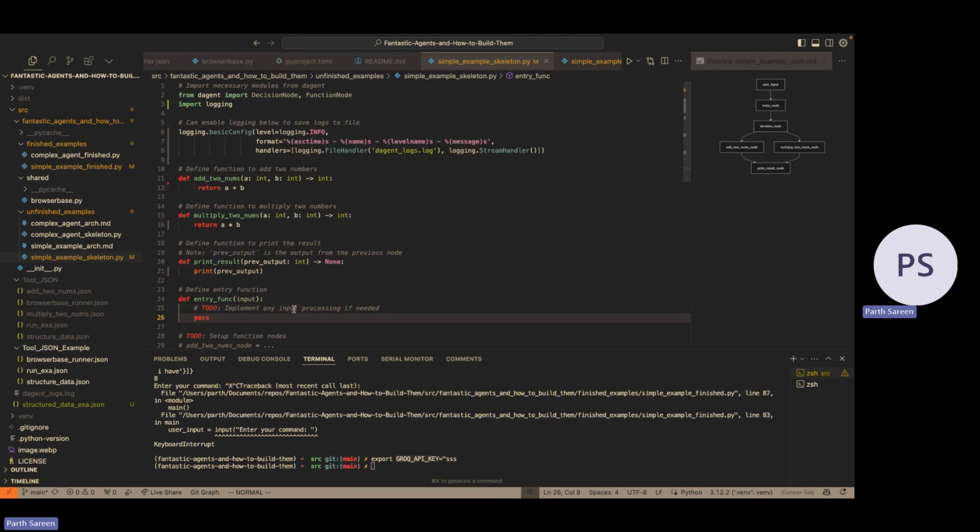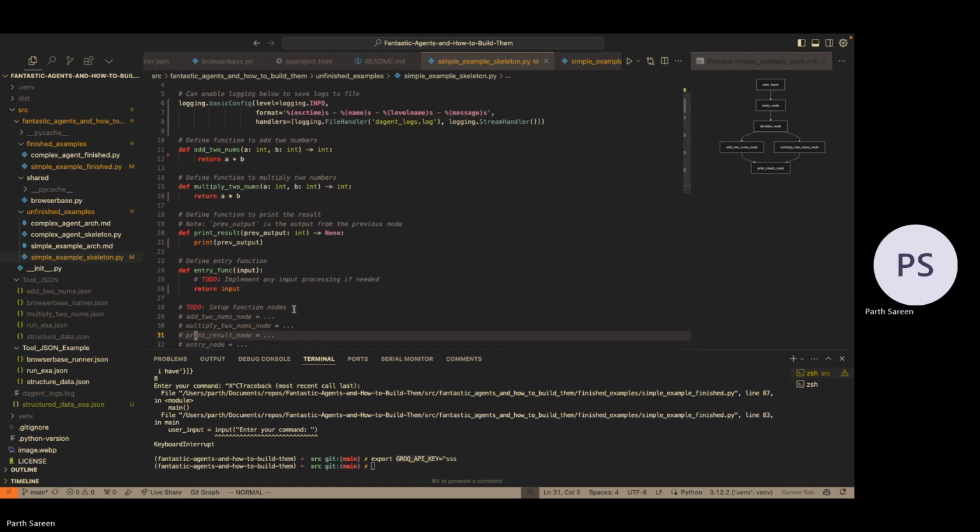Cool. And then our entry function is very, very chill. We're just going to be returning input. The reason I have this is you can have different kinds of mutations, or changes. So you can actually operate on the input already and fix things or add patches or whatever you want earlier.